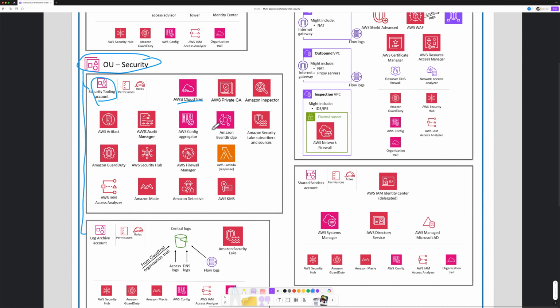We have things like Config, Private CA for certificate authority, Inspector. We even have AWS Security Hub, GuardDuty, Macie, Detective, KMS, and so on and so forth. This is where we manage all of our AWS security related tools. And this is also where we can give access to our security teams to control all of that stuff from